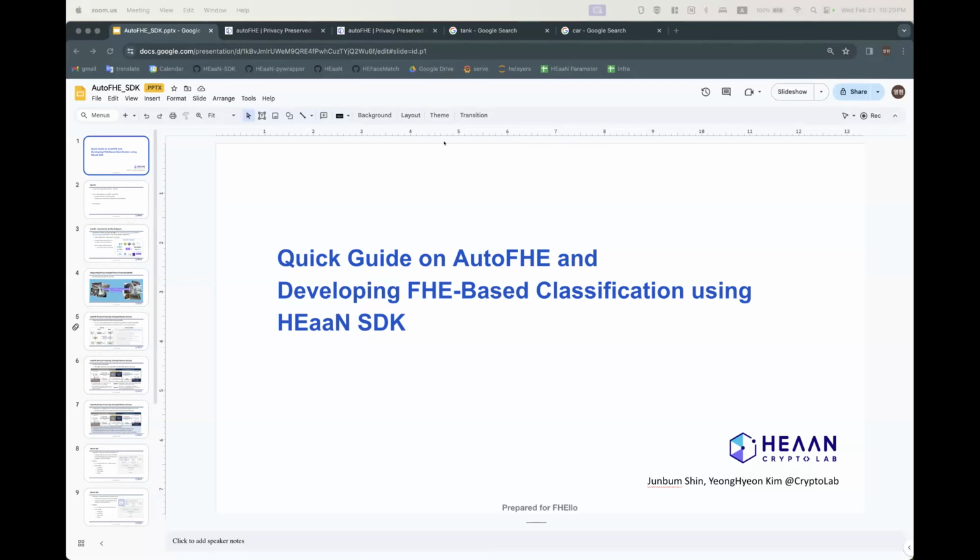Yes. So the goal of our presentation is that fully homomorphic encryption, FHE, is now ready to use, and it is easier than you think. So you can now use it in practice. I think that this talk should be interesting.